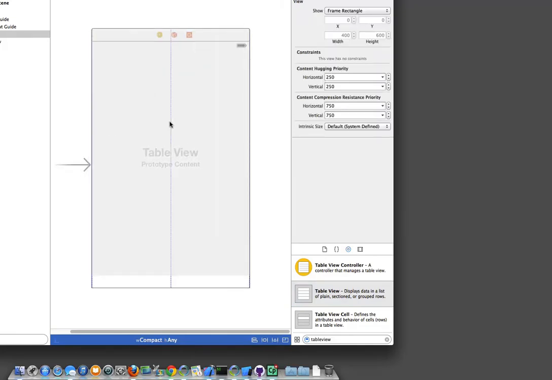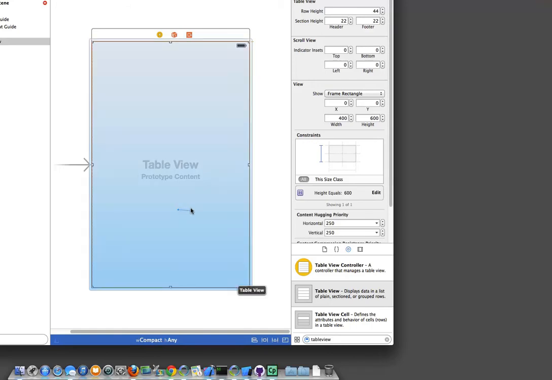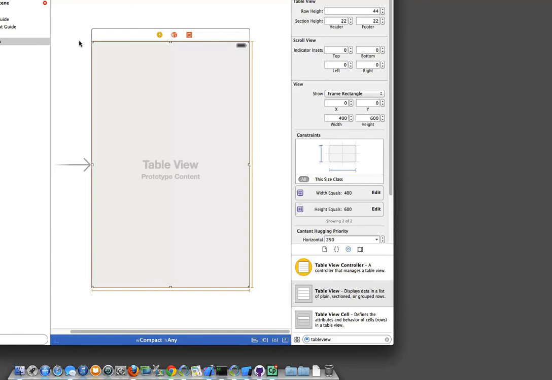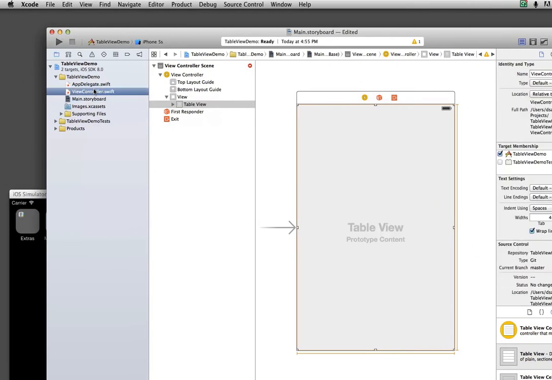Set some spacing here. Okay. And I'll set some basic constraints for my height, for my width, and we should be good with our table view at this point. So now what I want to do is actually go to my view controller,